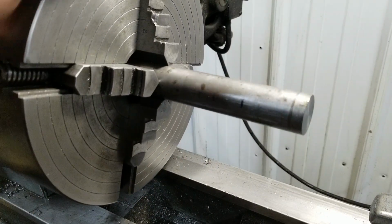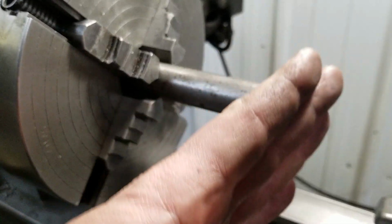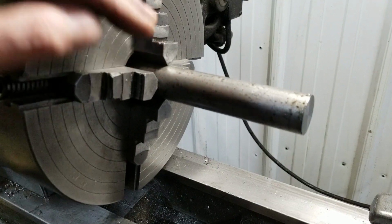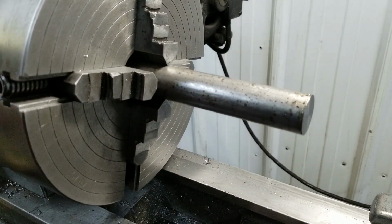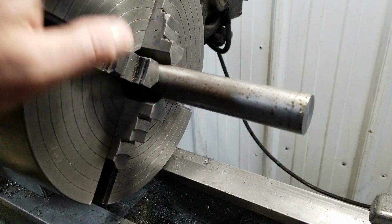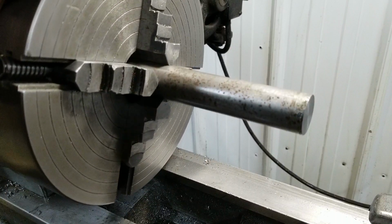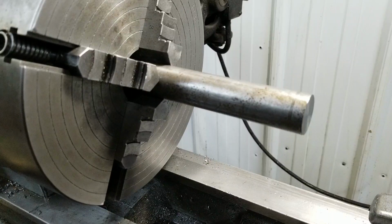So I took all the jaws out today, and I'm pretty sure I understand the whole concept that when you're tightening, the jaws are going to want to pull up a little bit, in this direction, as you're tightening them up. So I took the protractor and measured all the grinds on them, and fixed up the grinds on the ends of the jaws, and now, as you can see, I can actually face a part